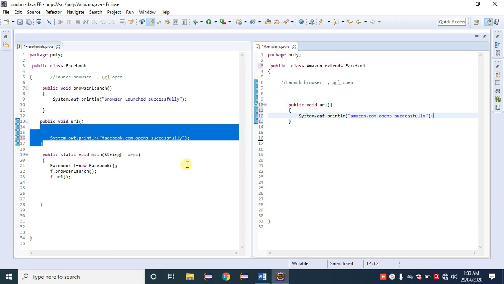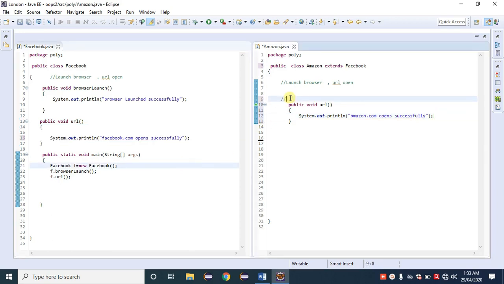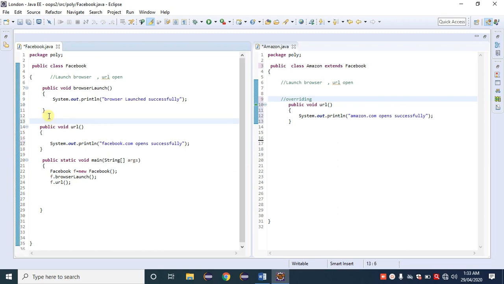That one is called overriding of a method, the overriding method, and this one is called the overridden method.